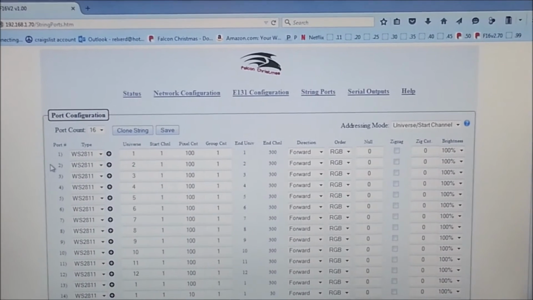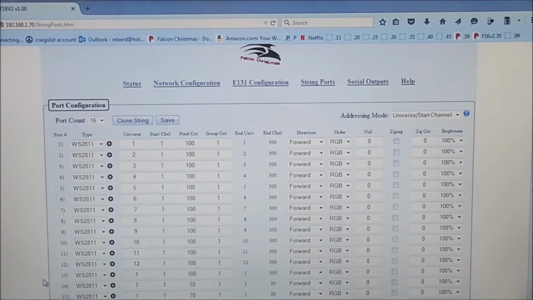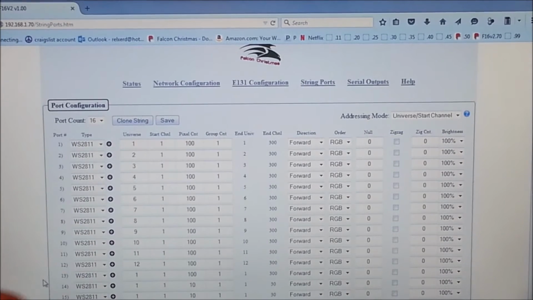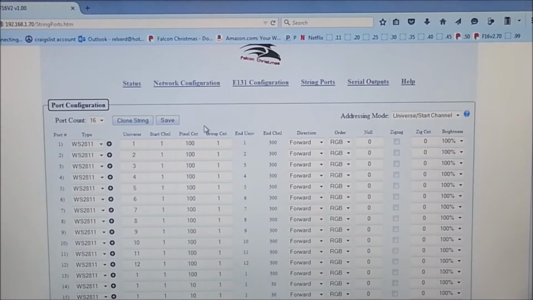Currently I only have 16 ports set up for it. However, whenever I get the expansion board, I'll be able to have 32 ports, and I'll be able to run all of my pixels off of both of those boards. Every single item in the display can be run just from one controller without having to do multiple controller setups in multiple locations, or having to worry about voltage drop, or well, I might have to worry about that, but